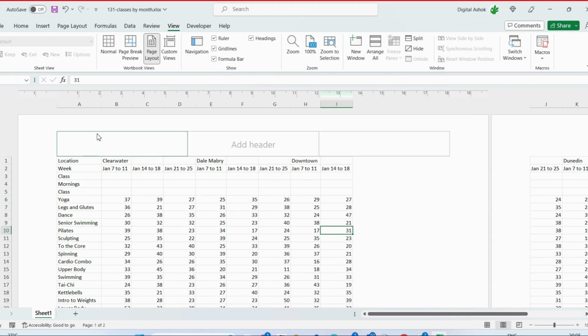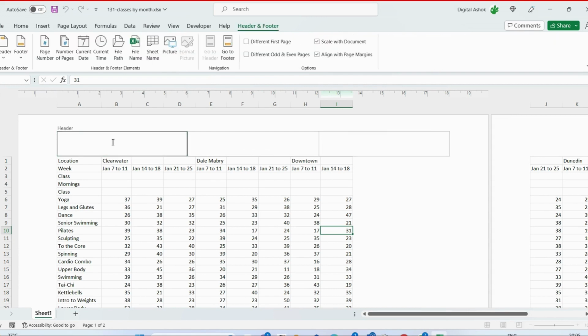Okay, here's one more beauty: instead of going to headers and footers over there, here itself you can add a header and footer to your Excel sheet. So here I am going to add headers. Let's say I want the file name at the top, I mean the textbook name. So I'll click on file